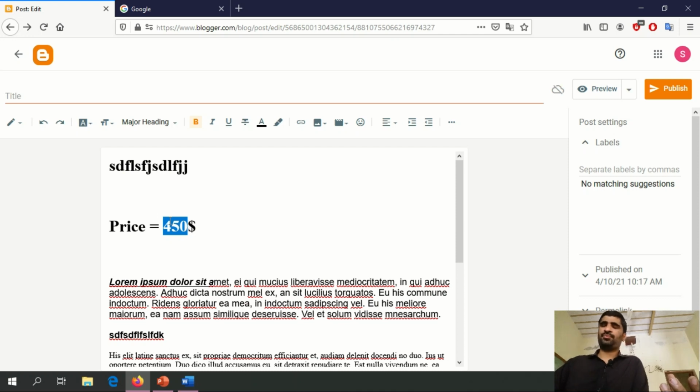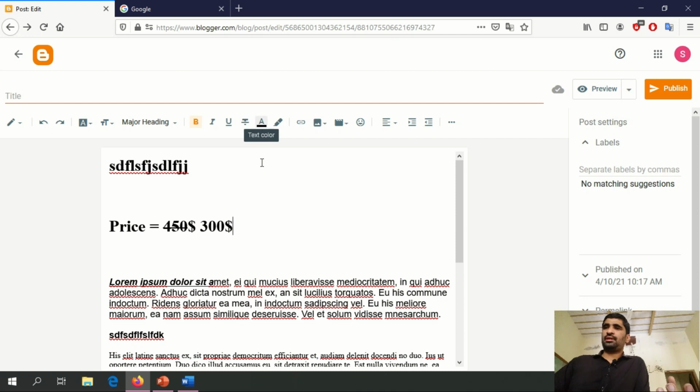So you simply select this and then you select this. Now you type another price. So strikethrough is used mostly for e-commerce, to show the new price. So here we show some kind of sale or any discount.